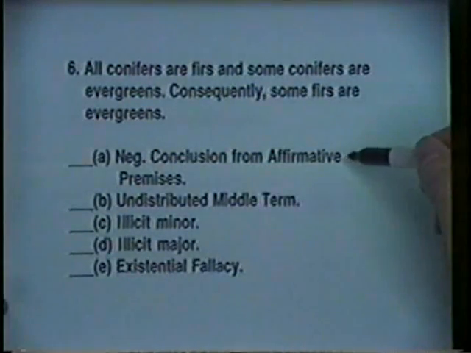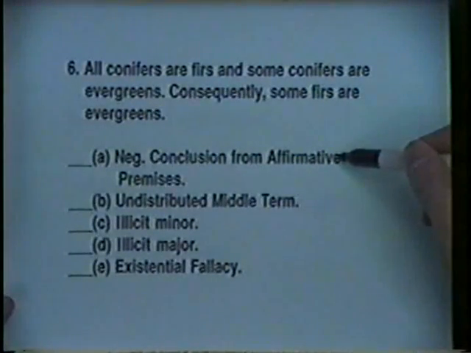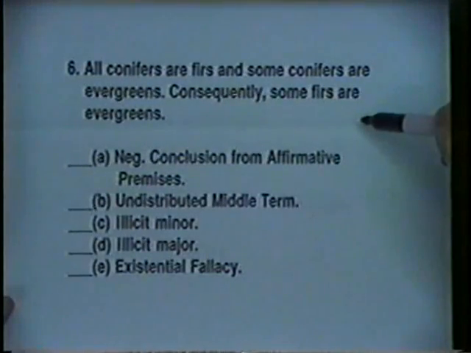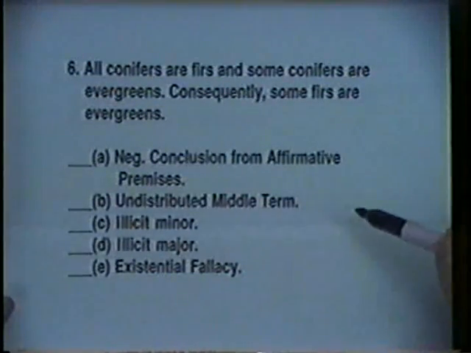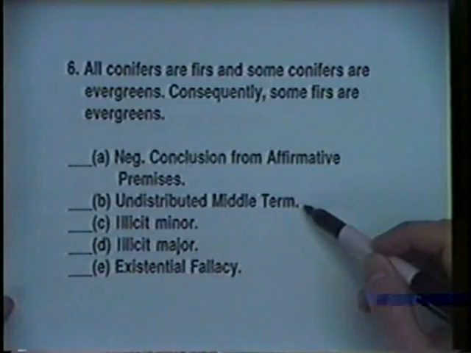So, A, negative conclusion from affirmative premises. Well, this one can't be committed, can it? Because the conclusion, some firs are evergreens, is positive. So we're all right with A. What about B, undistributed middle? You commit the fallacy of